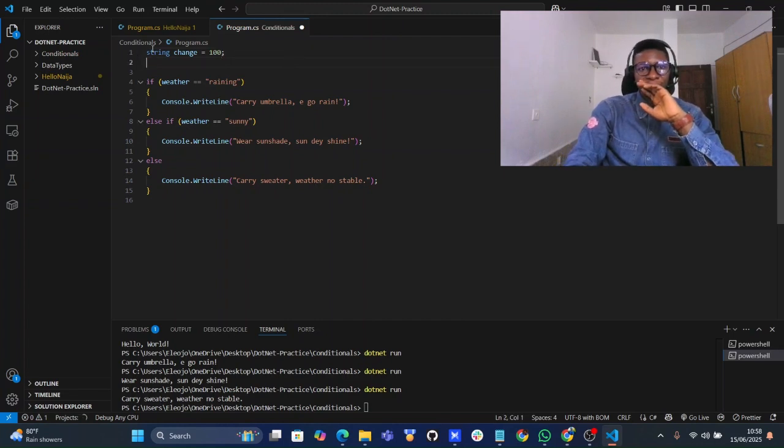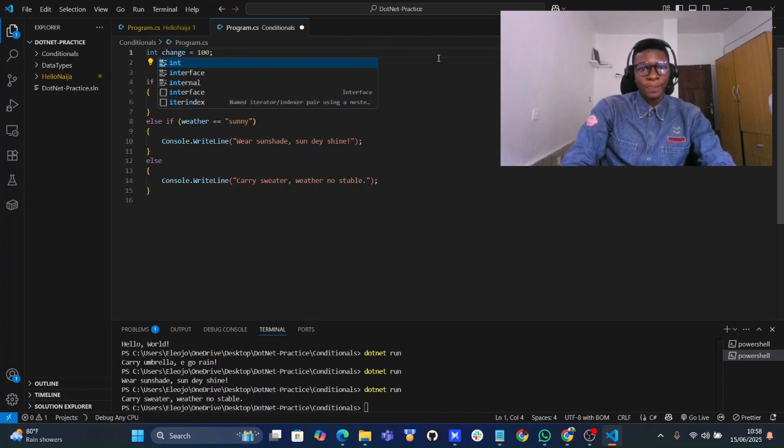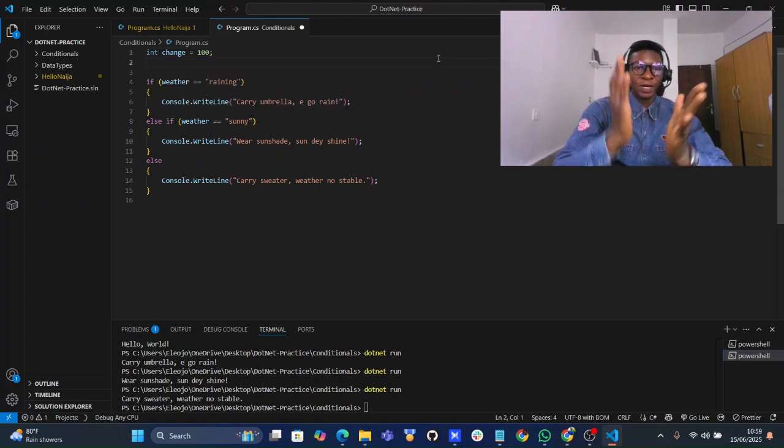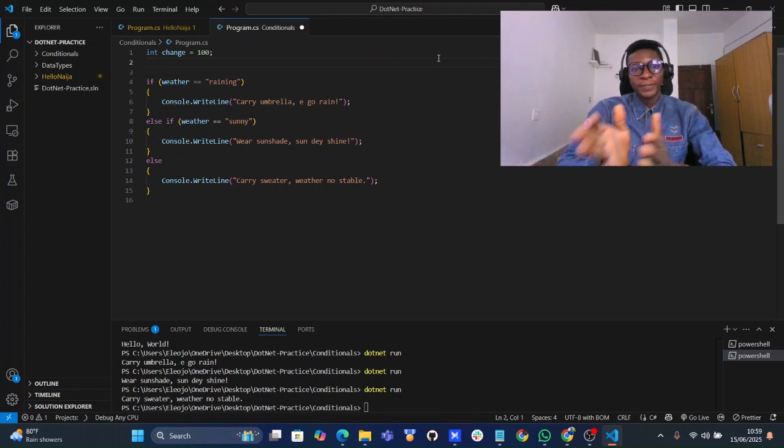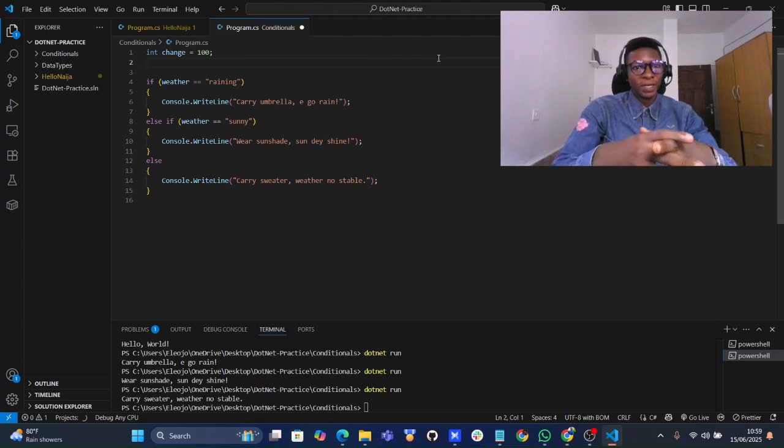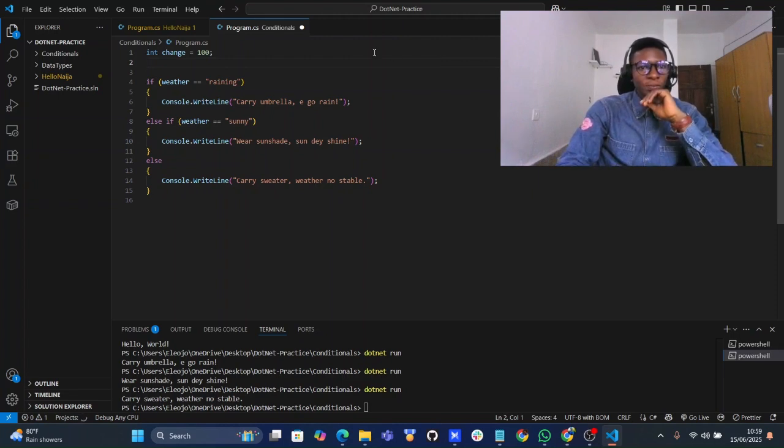Abi? We no say string. We call this one int. I don't teach the data type, so if it is a number, we go call it an int. If it is words or letters, we go call them string. So this number now, we call them int because it is a number, right? So what we want to do now is, if the change